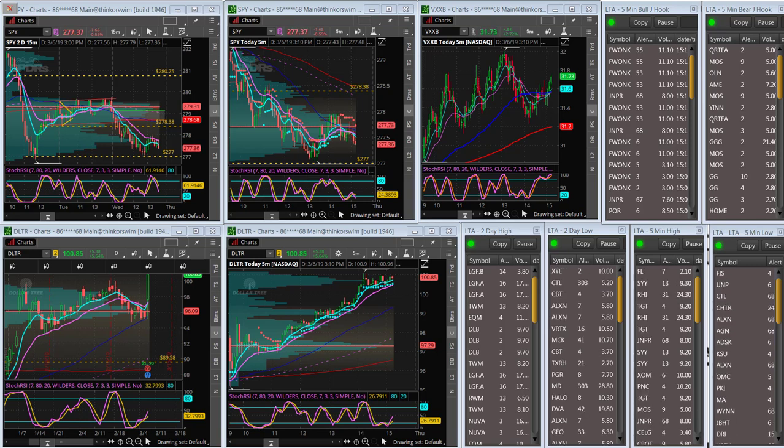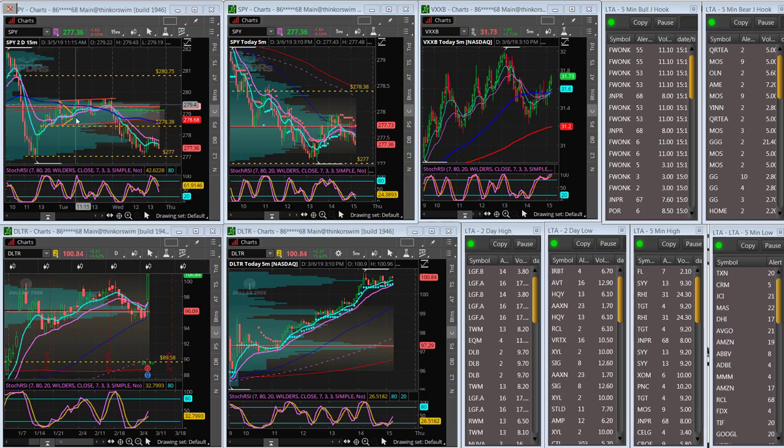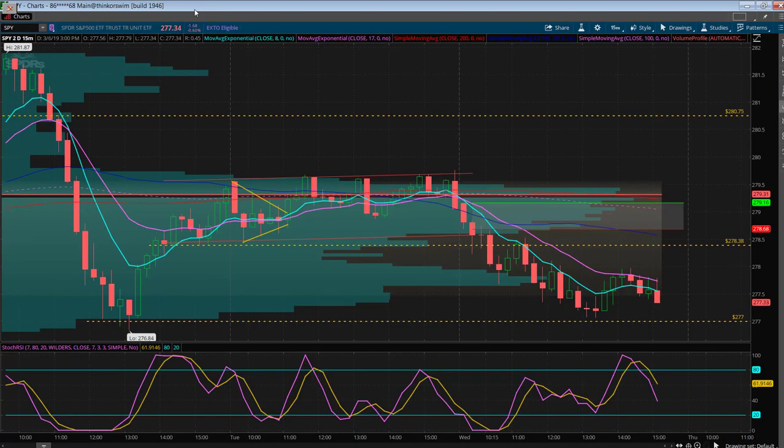All right. Now, what do I see here? I usually keep the spiders, no, I always keep the spiders 15 minutes in the upper left-hand corner. And this is a 15-minute chart with my stochastics RSI Wilder 7733. That's my go-to chart. And what I will do is mark up based on dailies, hourlies, and 15-minute